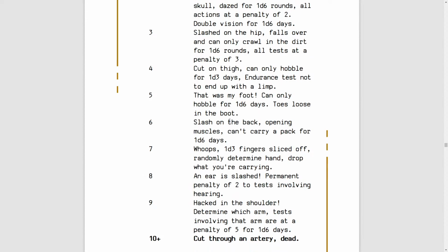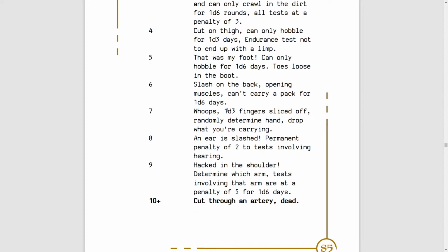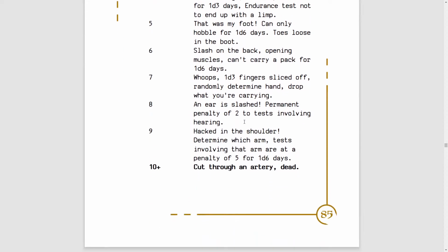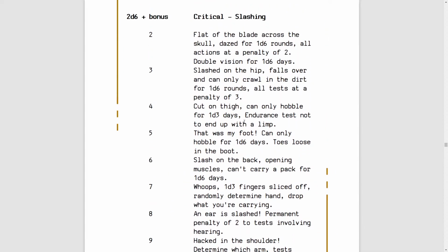That's why you can get lower and lower and lower, because you're still on your feet. Going to 0 stamina is not unconsciousness. It just means, okay, what effect does that have, and is it going to be bad enough that you just want to get out of the fight, or what do you want to do? And I guess that's why they say, because you aren't unconscious, you can just say, I'm out. So pulling the critical hit effect just means I'm going to fall unconscious. I'm not going to stumble around missing toes or